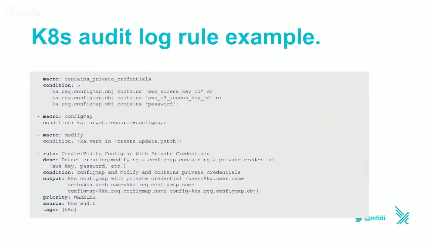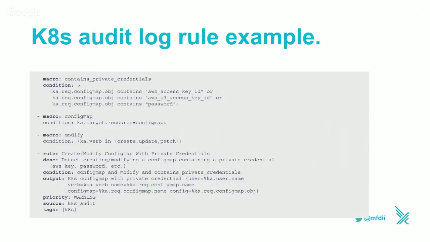So let's create a rule set around detecting somebody uploading private credentials as a config map. So the macro here says we create a macro called private credentials or contains private credentials. And the condition is that I'm a config map object that contains AWS access key ID, or it contains AWS S3 access key ID, or it contains a string password. Now this seems very, very basic, but how many times do breaches happen because somebody did something really, really silly